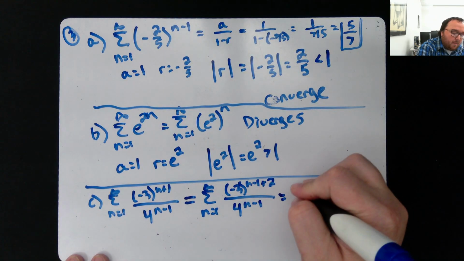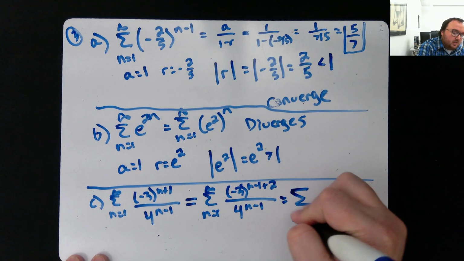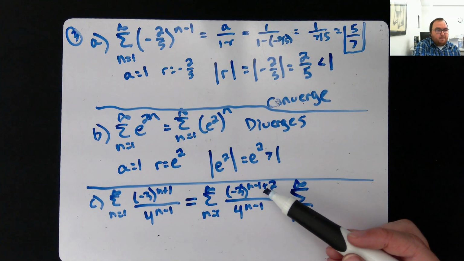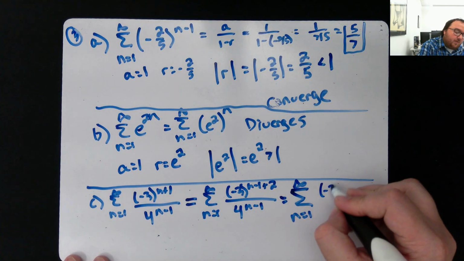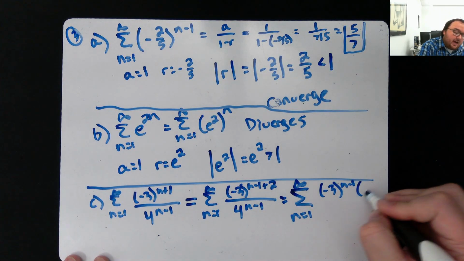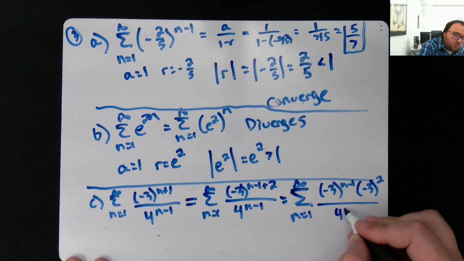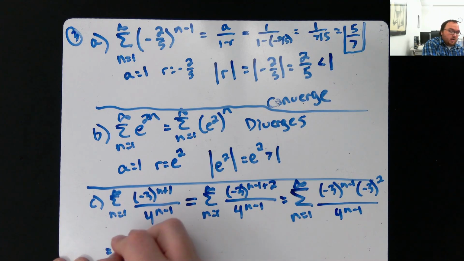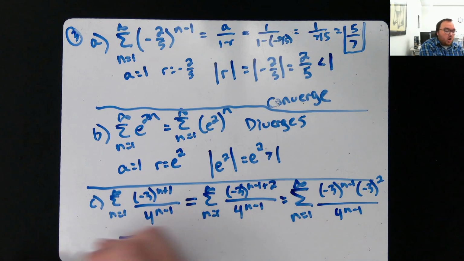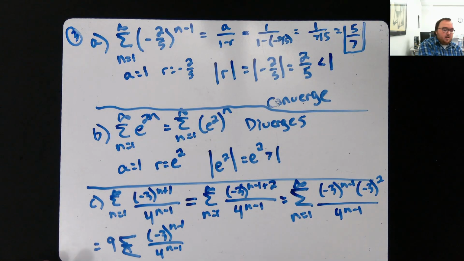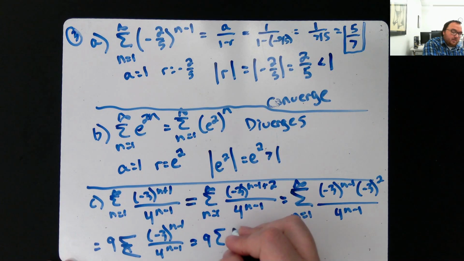Using our exponent rules, since I'm adding the powers here, I can write it as negative 3 to the n minus 1 times negative 3 squared, because it's plus 2, so then I can make it a squared. Negative 3 squared is 9, which is a constant, which I can bring out front. And this becomes negative 3 to the n minus 1, 4 to the n minus 1. Now they are the same, so I can combine them